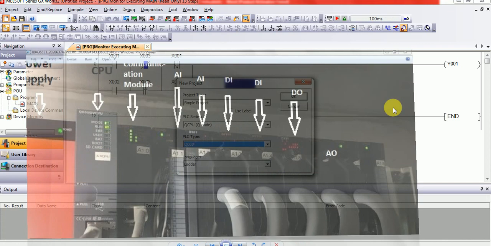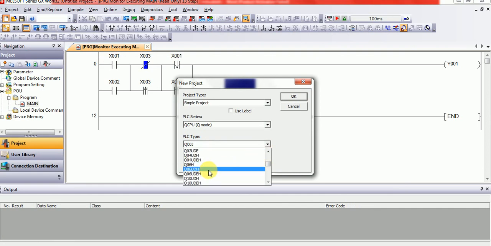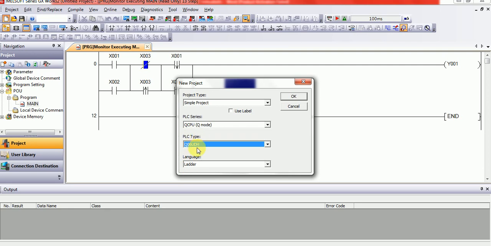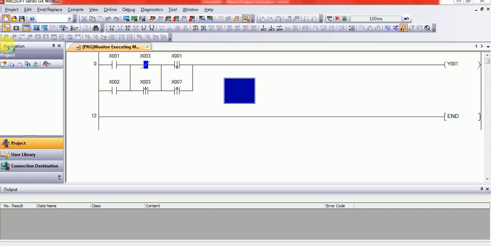So I will find Q06 here. This is one Q06. I will press here. This is our PLC type, and this is our ladder diagram. I will press OK, and this is creating a project for us for Q series.